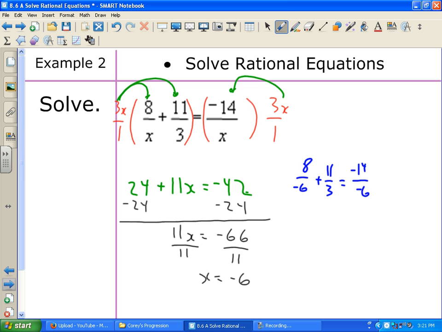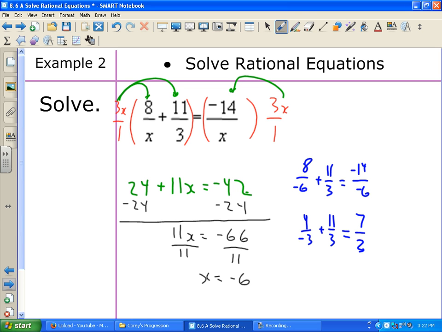That's going to give me 4 over negative 3 plus 11 over 3 equals, and I'll reduce negative 14 over negative 6. That is going to take out a factor of 2, and that gives me 7 halves. Negative 4 thirds plus 11 thirds is,